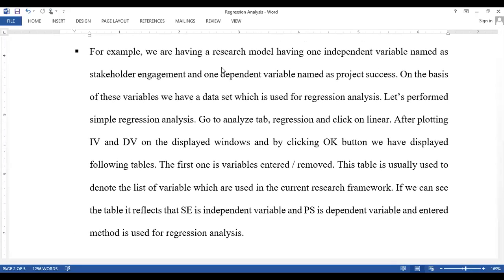For example, we have a research model with one independent variable, stakeholder engagement, and one dependent variable, project success. So how do we perform simple linear regression analysis, because it has one independent and one dependent variable? We go to the Analyze tab, then click on Regression, then Linear, and then click on the OK